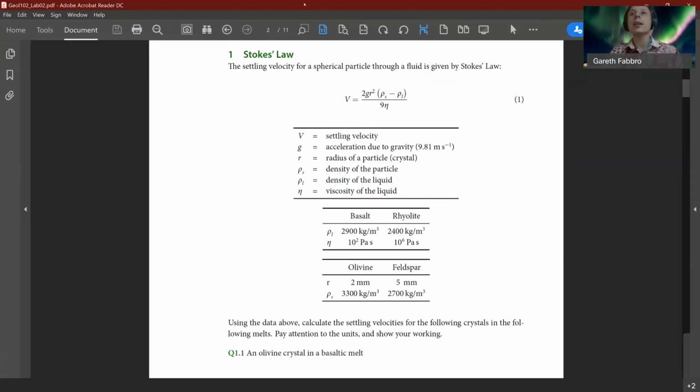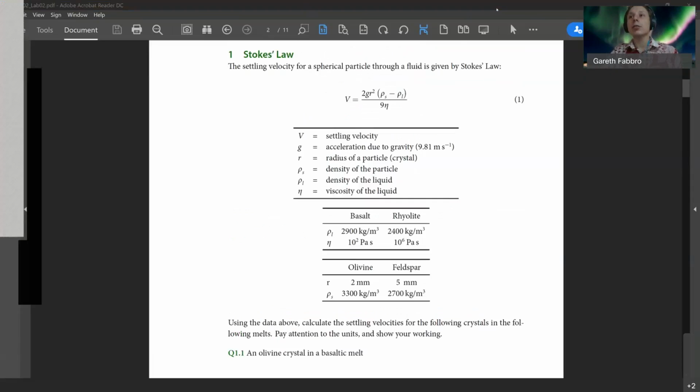Okay. So I've been told that you can't really see where I'm pointing, so I will start drawing. Okay,